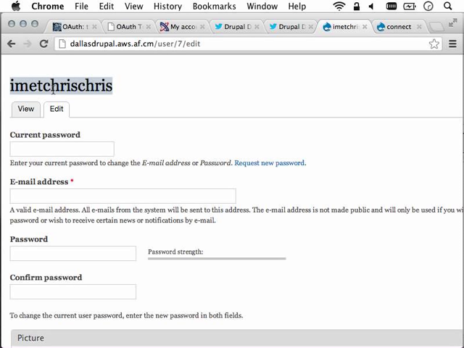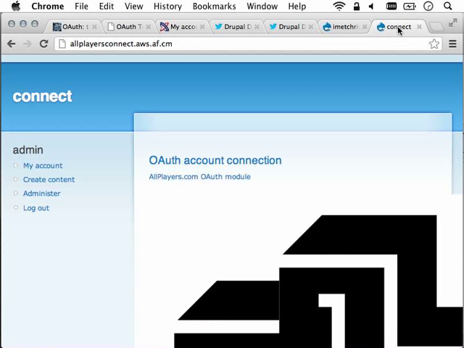Does the Twitter module bake that in for you so that you can set it up, or do you have to build that? The Twitter module does not, as far as I know. Patches are welcome. It's not my module, though, so whoever's that, mad props. Yeah, they'd love that. For the All Players module, actually, I can promote that a little bit and say that if I log out,